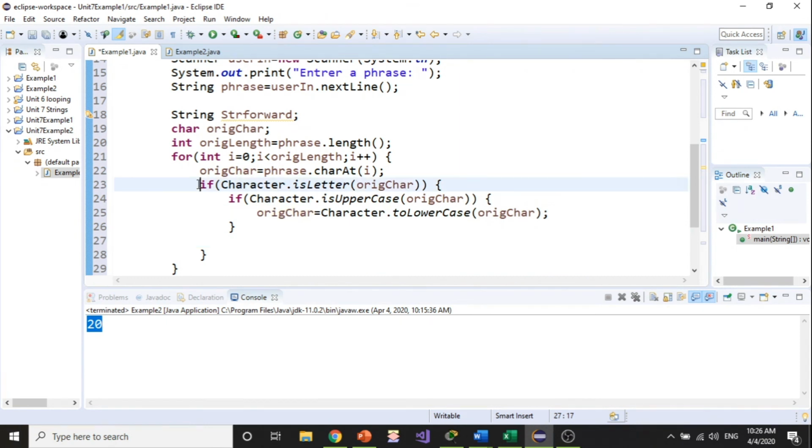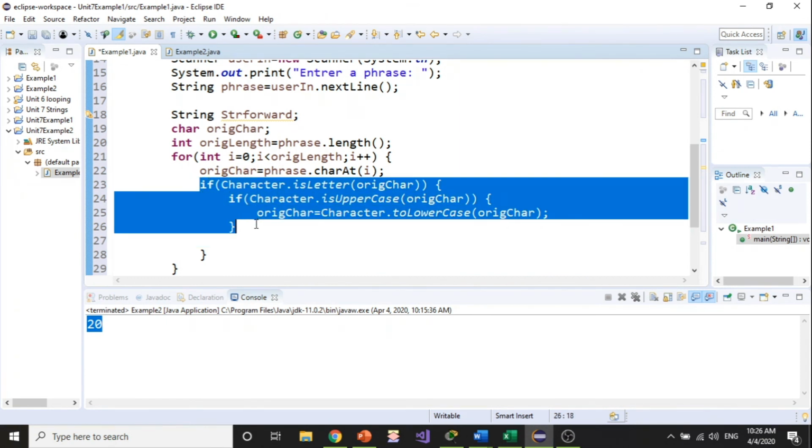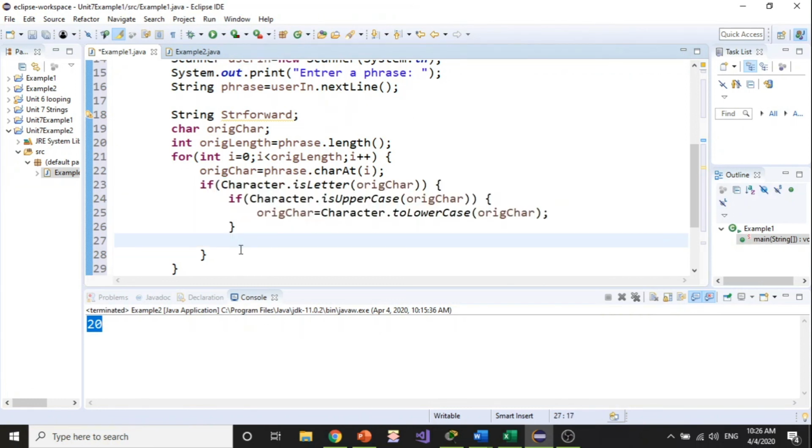Those steps that I'm just highlighting here, basically I'm checking if it's a letter. Now, if it's a letter, I do another check if it's an uppercase. If it's an uppercase, convert to lowercase. So by the time I get to this line here, I'll get only characters with lowercases. All I have to do is just add them to my string. So my str forward string plus equals